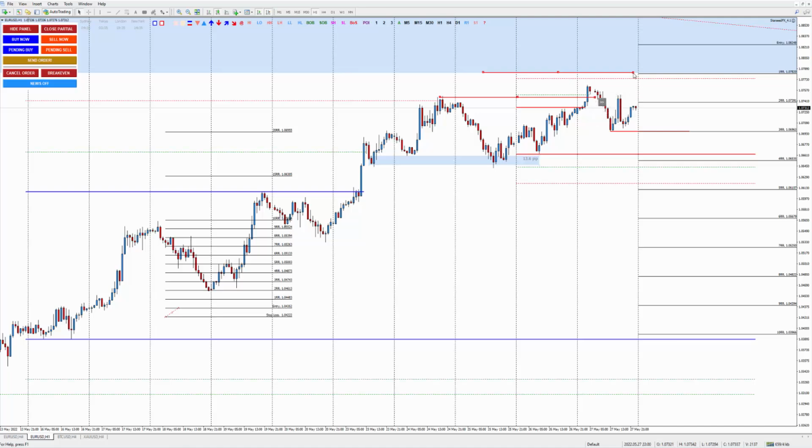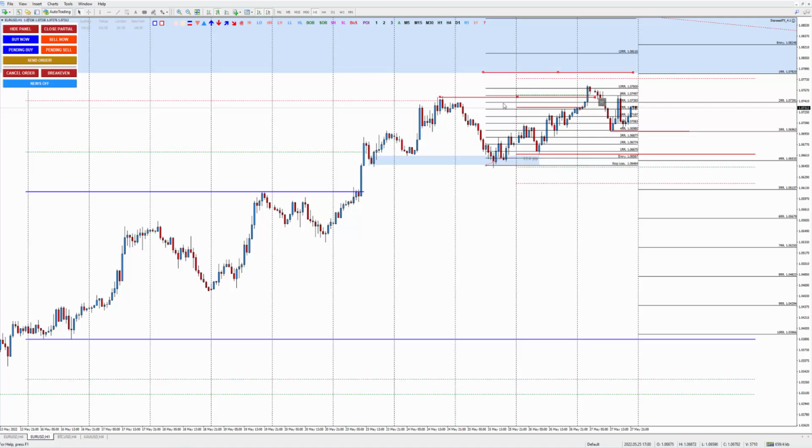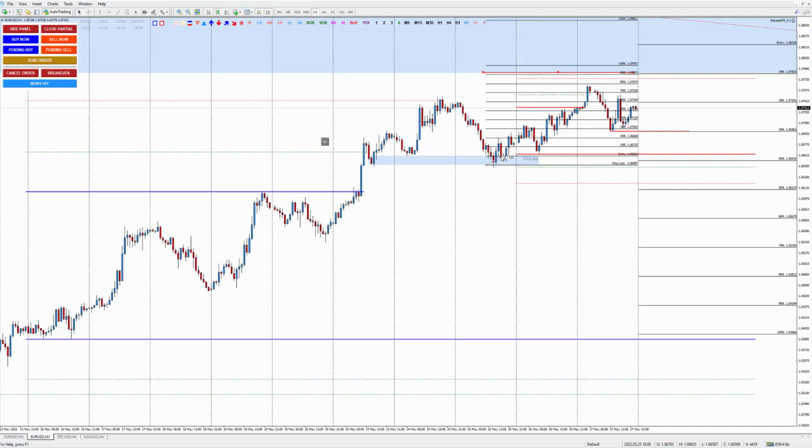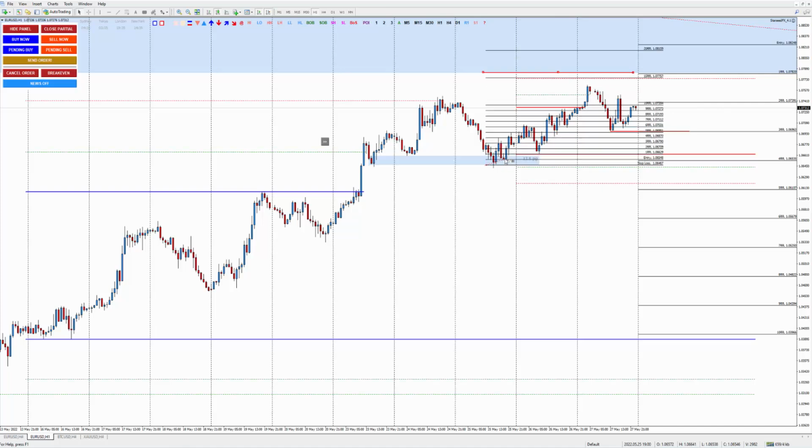So you go here, and again, your take profit target is clear. So this is your take profit target. Maybe you just want to aim for the daily Fibonacci 161 over here to be conservative, but it's really up to you. But that's how you trade the minor structure and also the main structure.